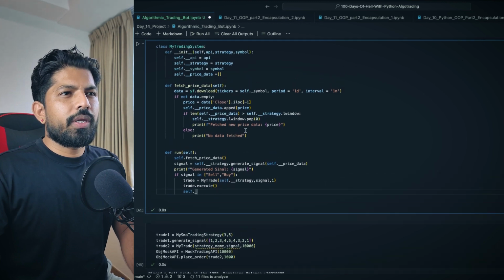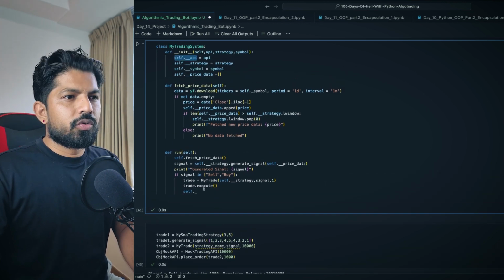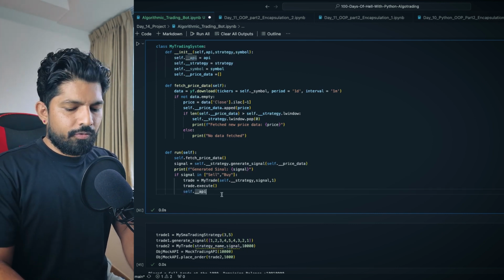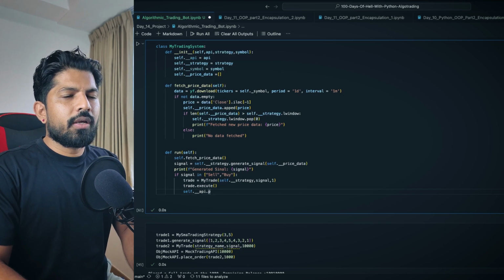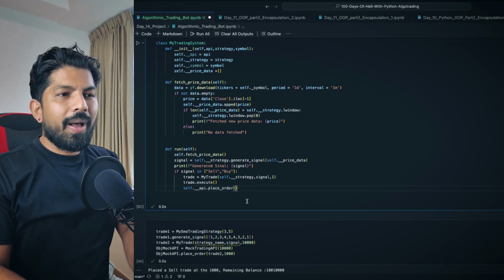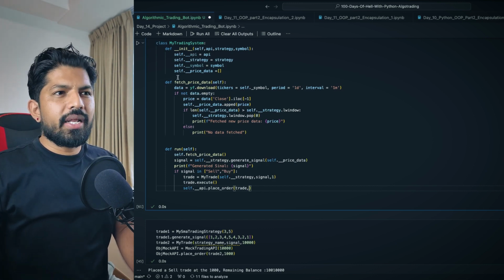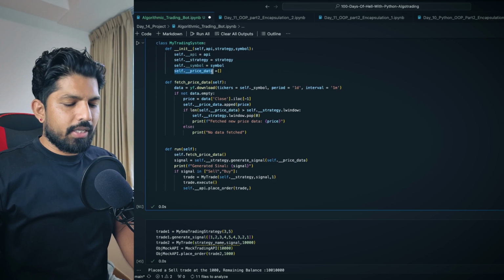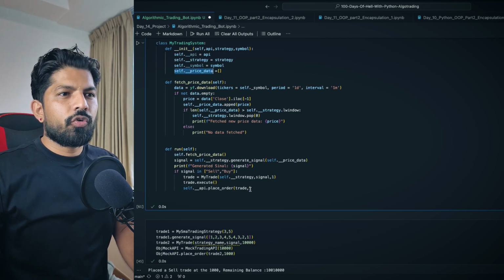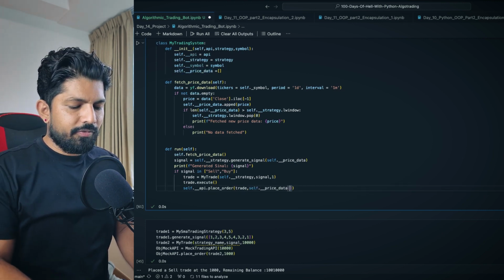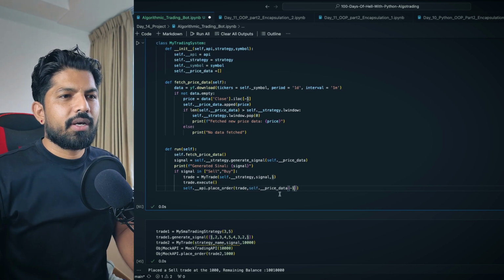So I can just copy this one. So this is also an object, and from here I can call the place order, right? Place order. So here we will pass the object trade, and the price will be the data frame's last price, the last item of this list. So for that we have to write, and then we'll give the negative indexing here, correct?